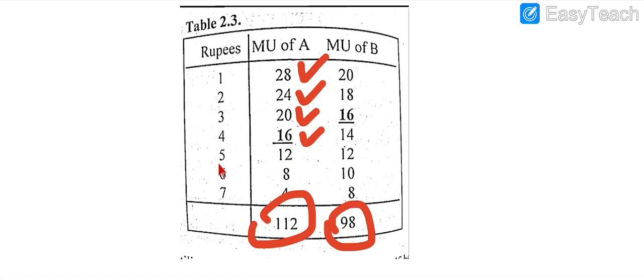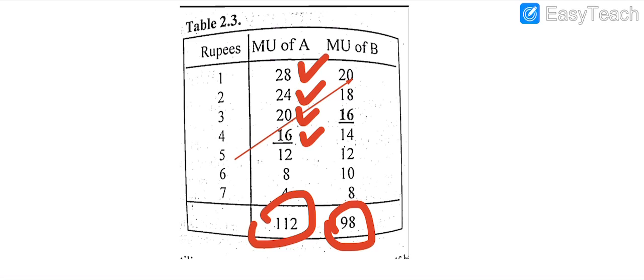But at the 5th rupee, the consumer compares the marginal utilities. At this unit of rupee, the marginal utility of both the commodities is the same. So how does the consumer decide on which commodity to spend? He will spend on that commodity which gives more utility. So here the consumer will take help from the law. The consumer will spend the 5th rupee on the first unit of B, which is giving 20 marginal utility.